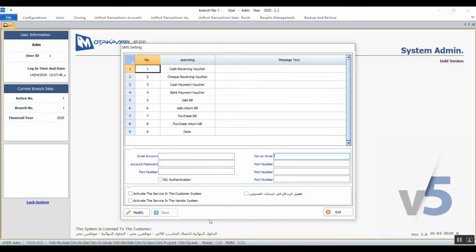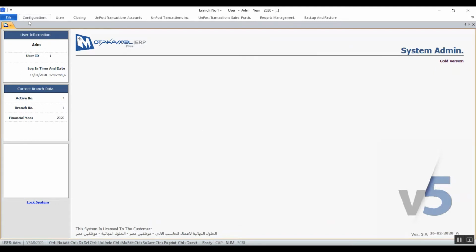You will also select whom you want to send this SMS to, whether it's going to be your customers, vendors, or representatives, and that is by activating the corresponding variable. So if you want to send it to your customers, you will just need to activate the variable that is corresponding to your customers. The next window we have is companies, and we use this one to edit the company's